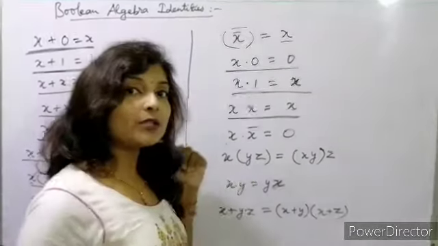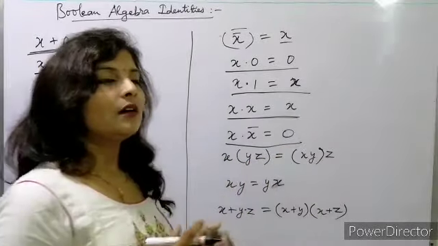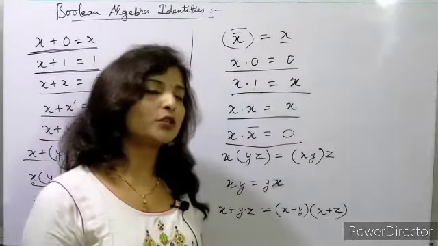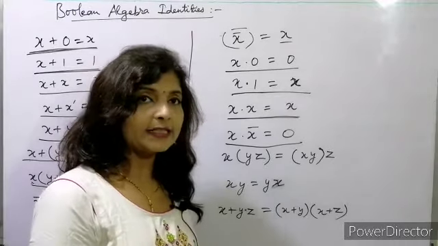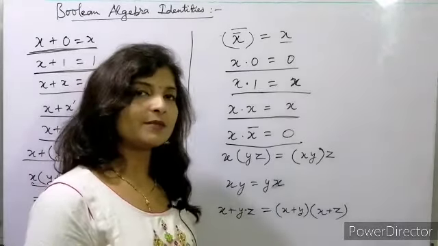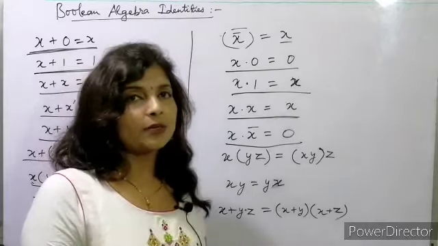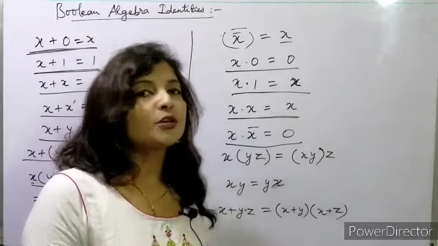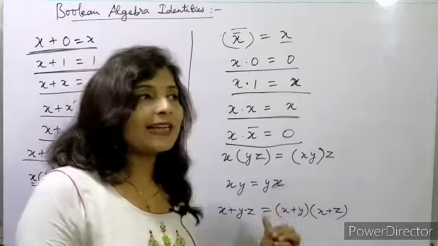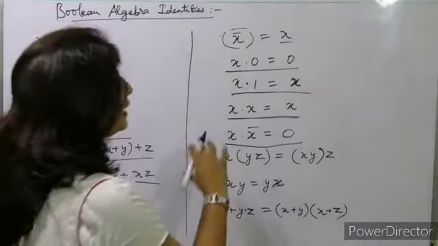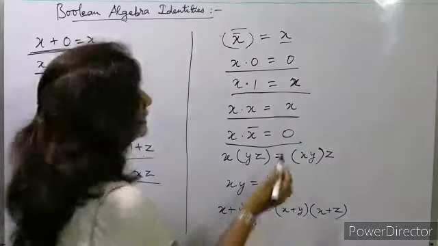X plus x bar क्या होता था? 1, and x into x bar will be 0, okay, because x bar is something different जो कि x में है, that is not there in x bar, okay, completely different thing. So x into x bar मतलब and operator we are using, okay. तो and operator में there should be one common point जो कि that will be the answer, but there will be no common point because x and x bar are completely different, जो कि x में है x bar में नहीं होगा. So whenever we are multiplying two different things जिसमें there is no common point, we'll get 0, okay.